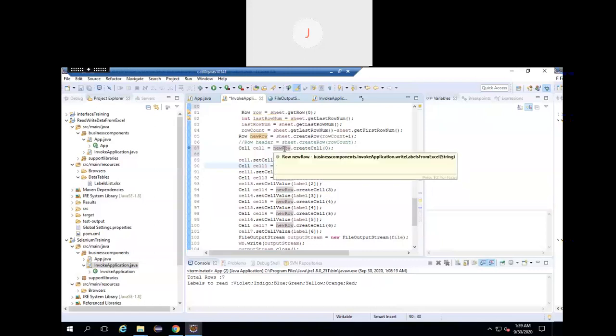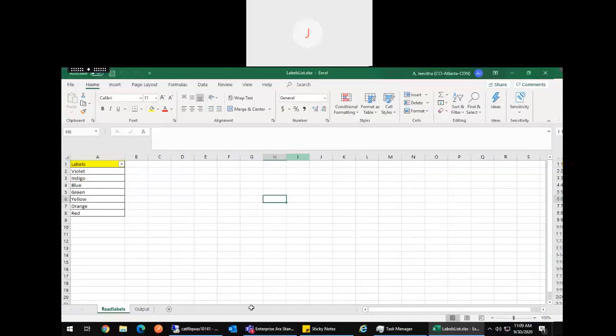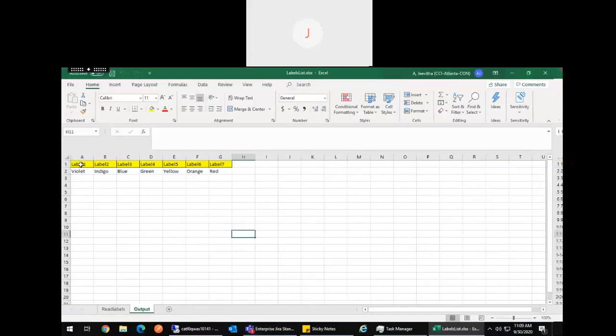Here, I'm giving the row 2 because the row count starts with 0 in the Excel. So this is 0. I'm printing it in the first row, first column.